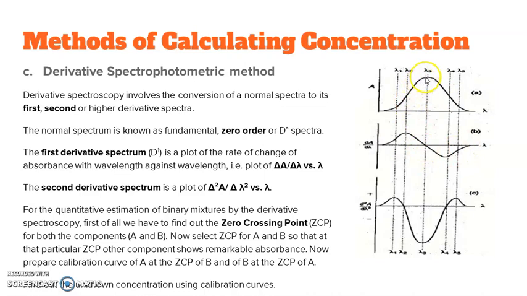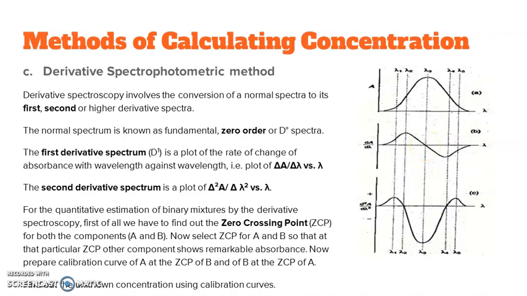In a case where there is no clear lambda max available, I mean the peak maxima, if it is not clear, then we do the transformation, that is the first derivative transformation. The point where this peak crosses the x-axis,